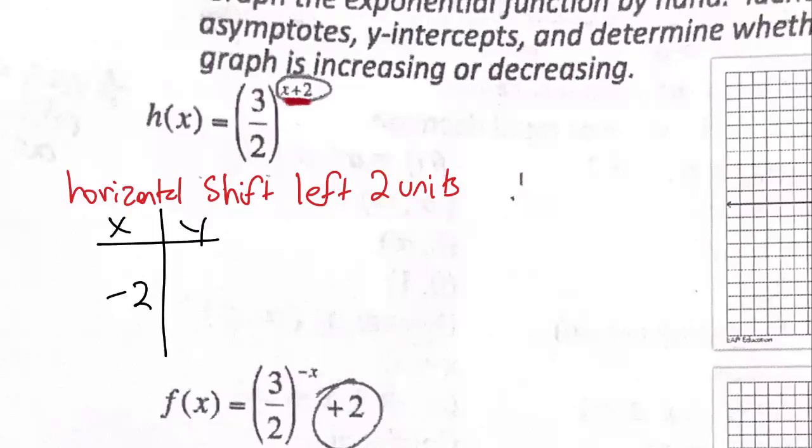At -2. X has to be -2 in order for my y-intercept to be 0. Oh, my bad. I'm talking about the y-intercept. So the y-intercept would be